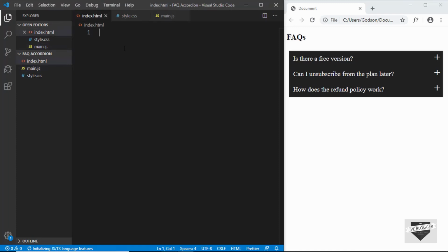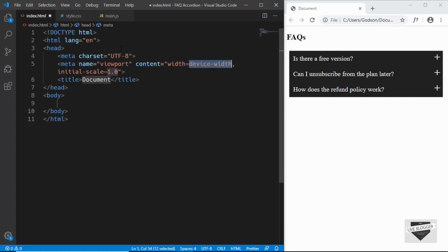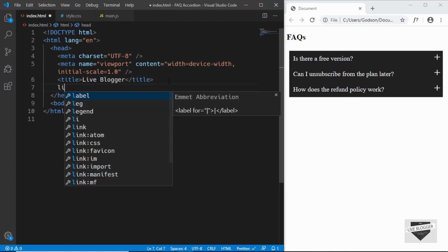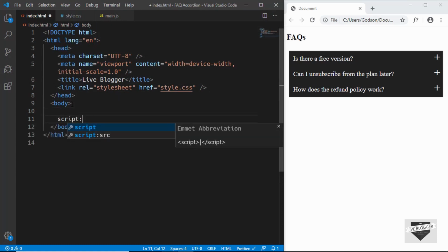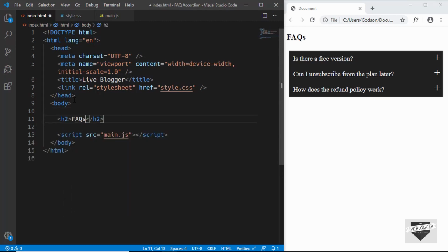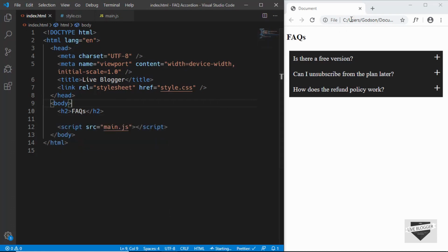Now let's start with the index.html file. In VS Code, we have emmet extension already installed, so you can just type exclamation and press tab, and you get this HTML5 boilerplate code. Alright, so let's add our style.css file over here, and let's also link our JavaScript file over here. Let's start with an h2 and we'll type FAQs, and let's open this with live server. I have this extension called live server installed, so I can just open with live server and see the changes